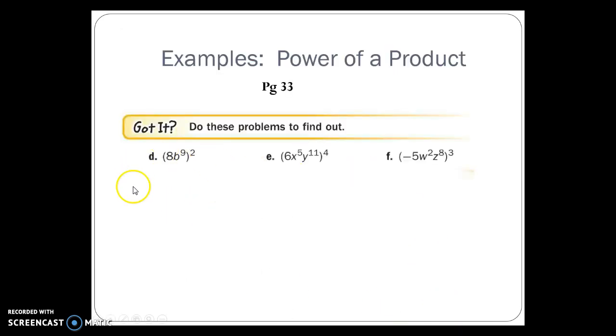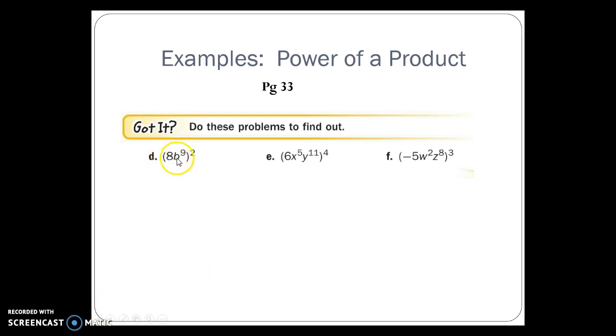I want you to pause the video and give these 3 problems a try. Don't forget that this negative 5, when you make it to the third power, needs to be in parentheses. So pause the video, and we'll get started. Okay, so